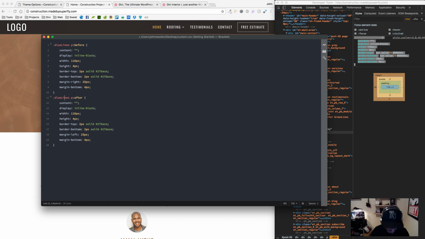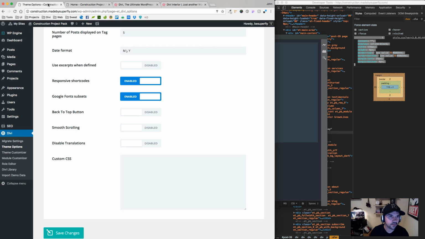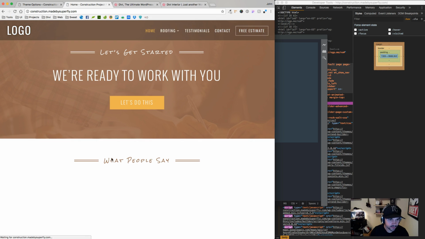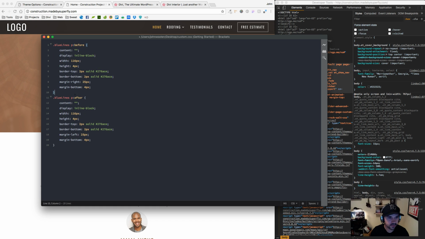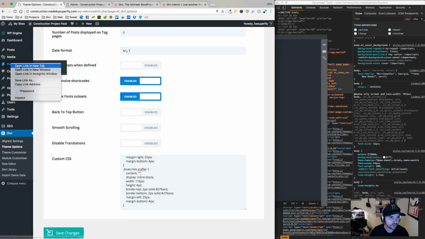Lowercase l. After. Go ahead and copy this and paste it in here. Save it. And you'll notice when I refresh the page, nothing's going to happen because I called them blue lines P. So if I go into the page here,